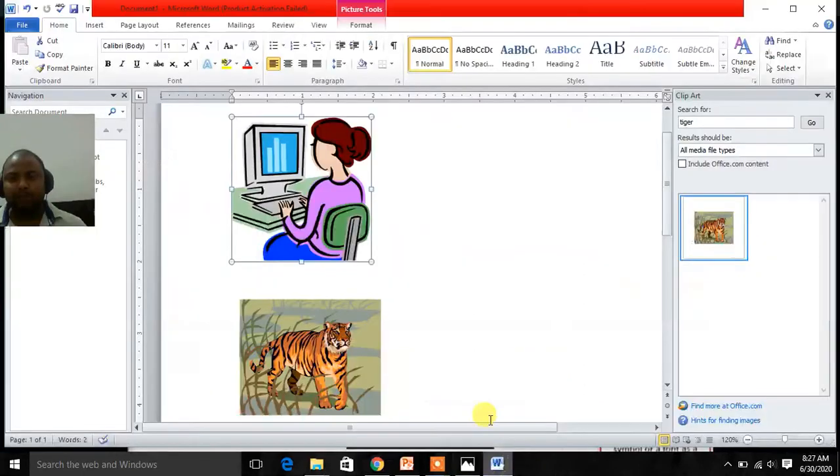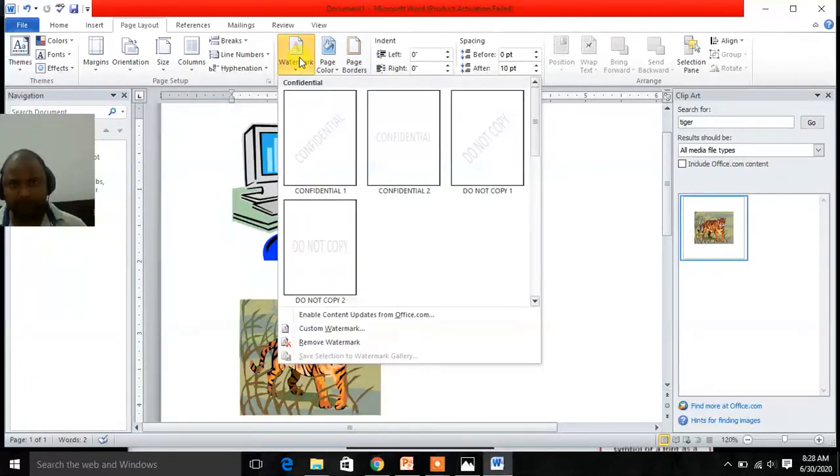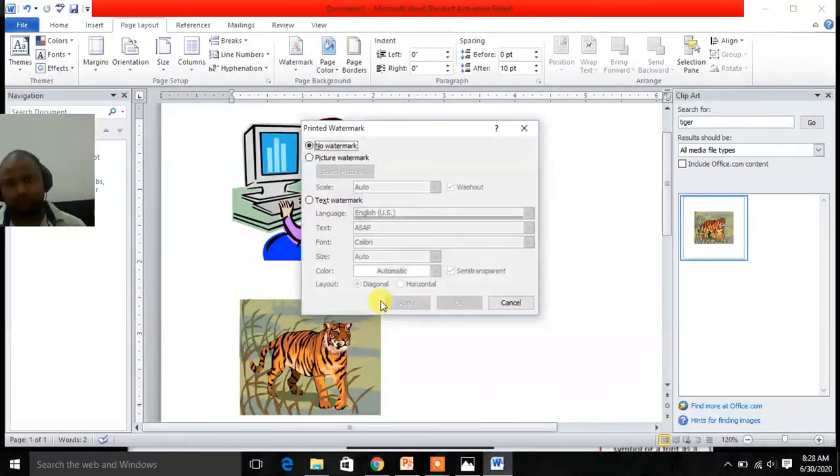So let's see practically how to do this. Click on page layout, watermark, and custom watermark, and from here picture watermark, then select a picture.